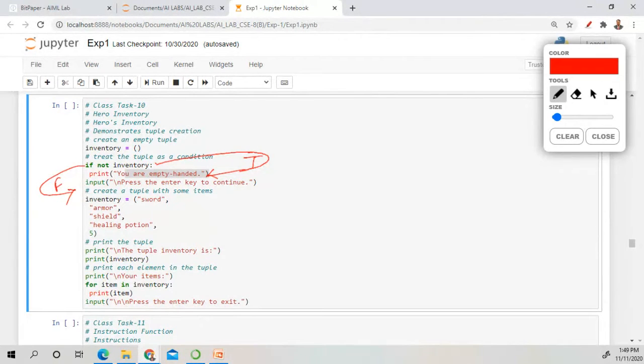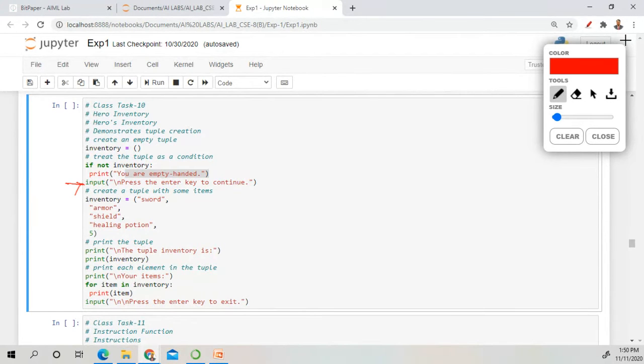Write in chat box. Understood? Quickly give your response. Have you understood this if statement? Okay, now come to the next point.